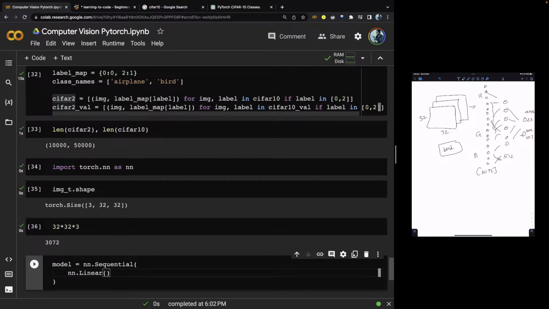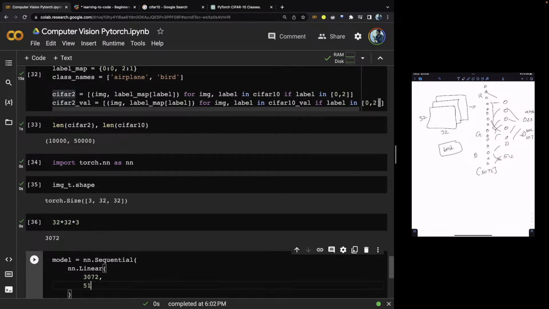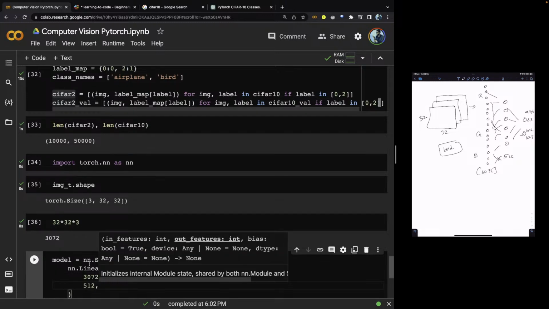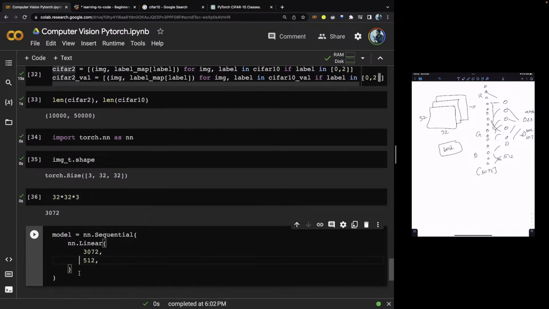So we are using a linear function with 3072 as input and 512 as hidden. So that's our first layer. Then we can pass this to an